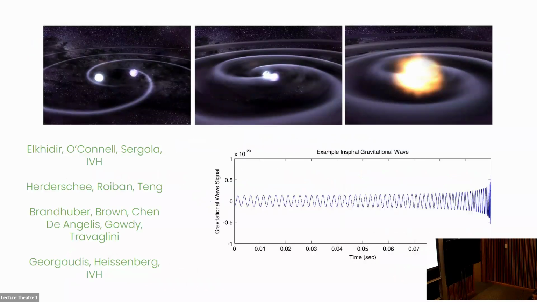Luckily for me, there have been a lot of very good motivations for why we would want to look at the binary inspiral problem. Wojtek gave a much better introduction yesterday, I think, than I could, and Ricardo also. But this is essentially the problem that we've been interested in: these two black holes or gravitating bodies that gravitate around each other and then emit some kind of radiation that we're interested in. And there was a wave of papers about this last spring, I think we can call it.